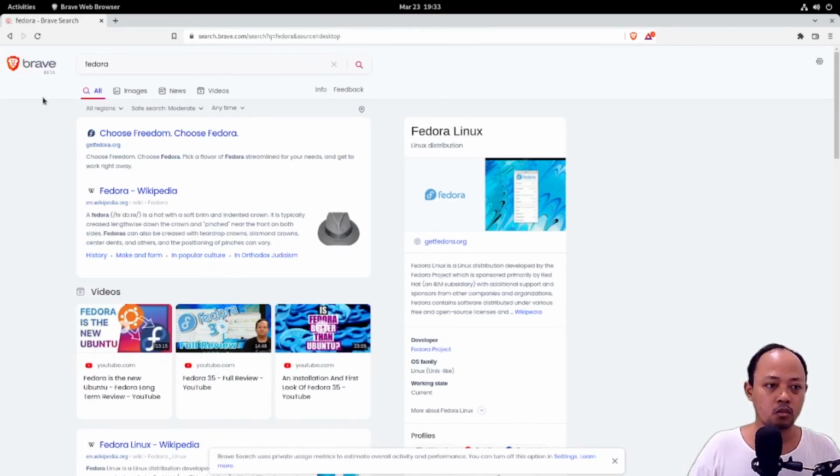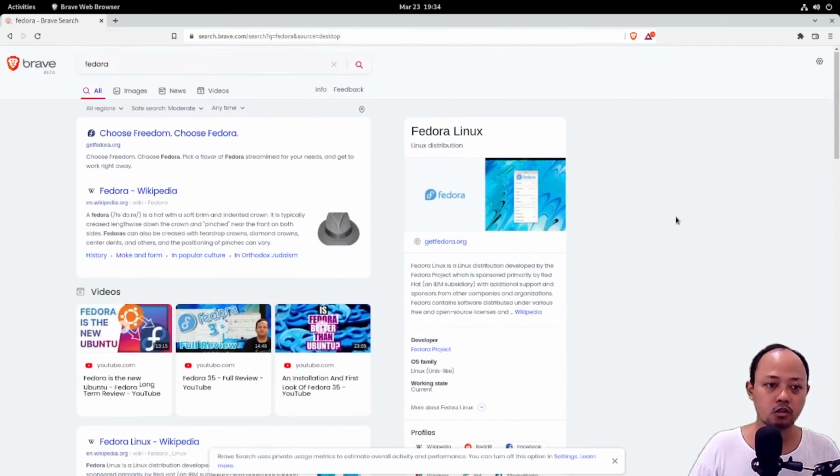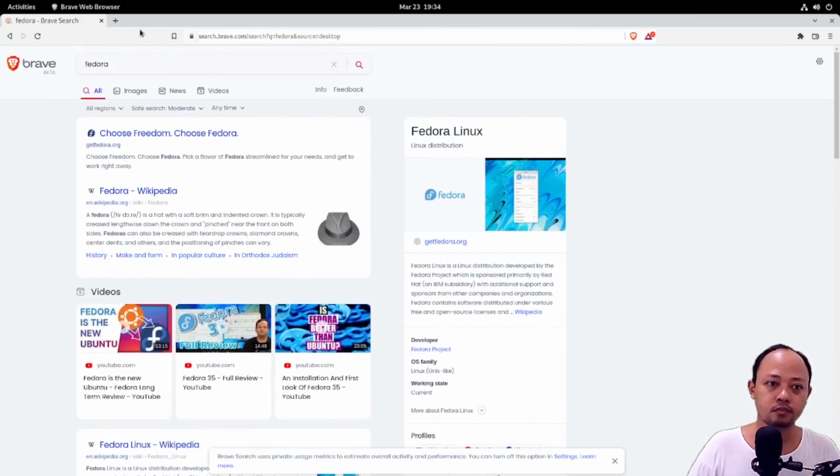So Brave has their own something like a search engine. I never used this. So interesting. I will try it later.